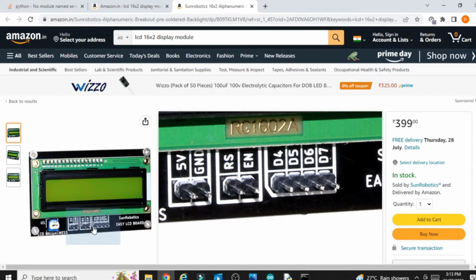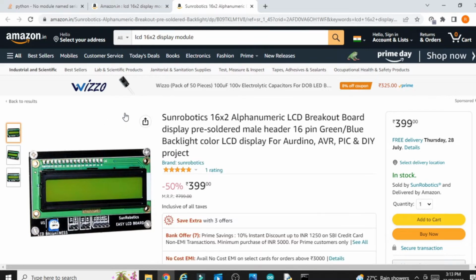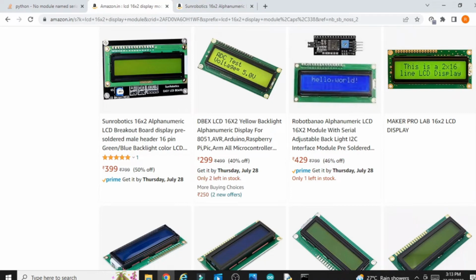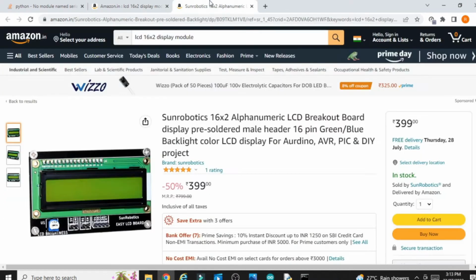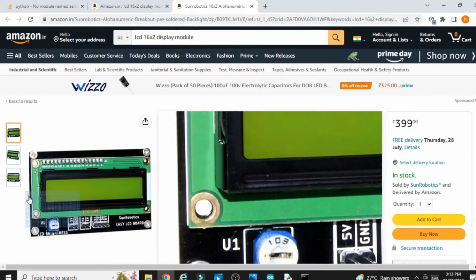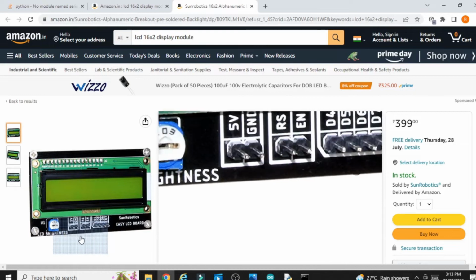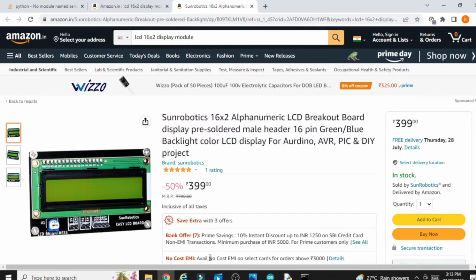Whenever I connect the D4 pin, you can also connect this D4 pin to Arduino, same for D5, D6 and D7, same for RS and enable. You can buy this ready-made circuit from Amazon. You will easily find it when you type LCD 16x2 display module. So you can buy this circuit ready-made and just plug and play. That is very easy then.